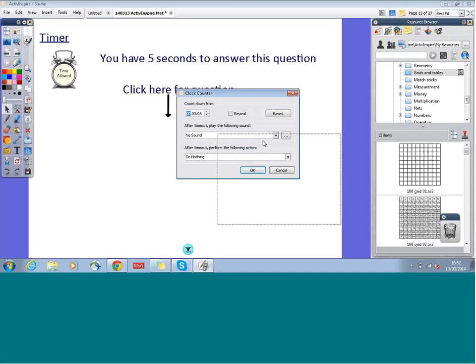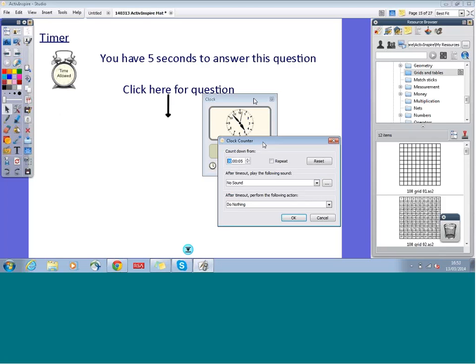And if you could just show us that you can actually put a sound on the timer so the students know what it should be doing. So when they hear a chicken, they're going to know that they need to stop their task. And using this after timeout, I can actually get it to flip to another page. So if you just make it turn to another page,